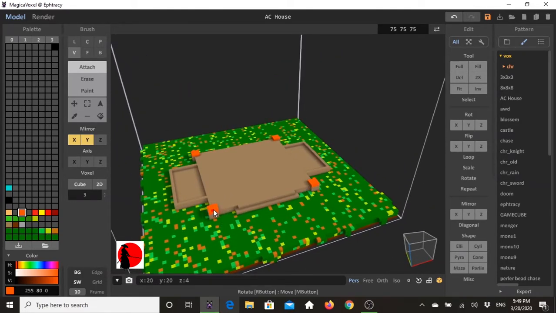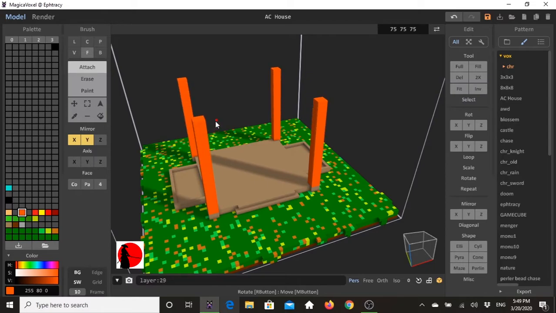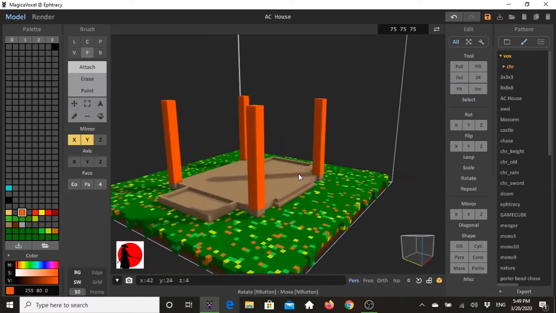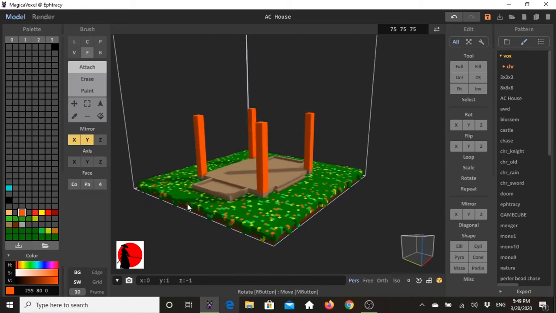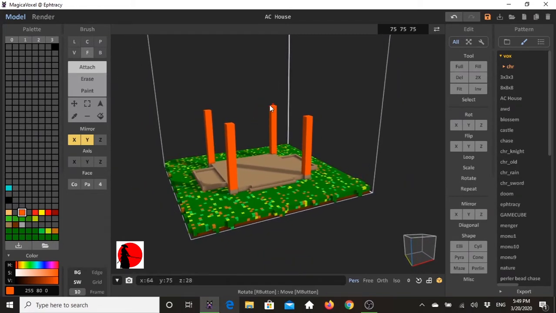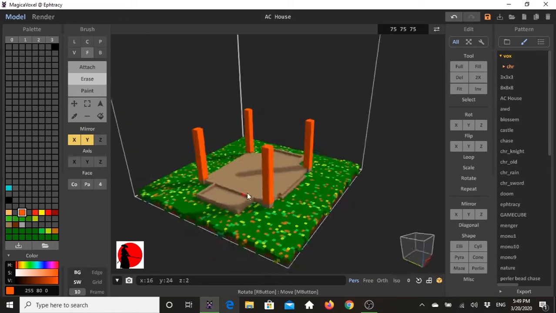It'll put it on all 4 posts at the same time, and then I can just simply go back to your face brush, and then you can bring that up to the height that you want. So this one, you know, that might be a little bit high. We can erase some of those faces here, and we'll build up the side walls, and then we'll see how